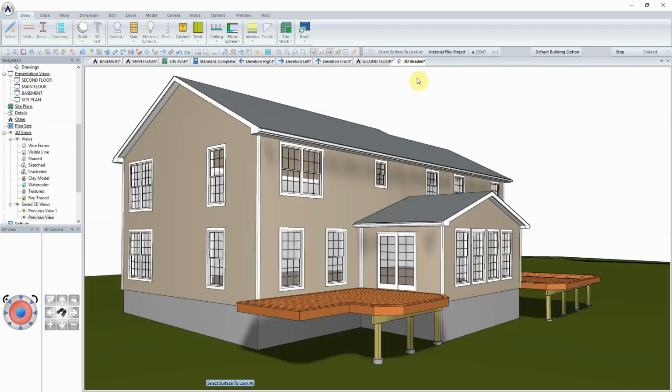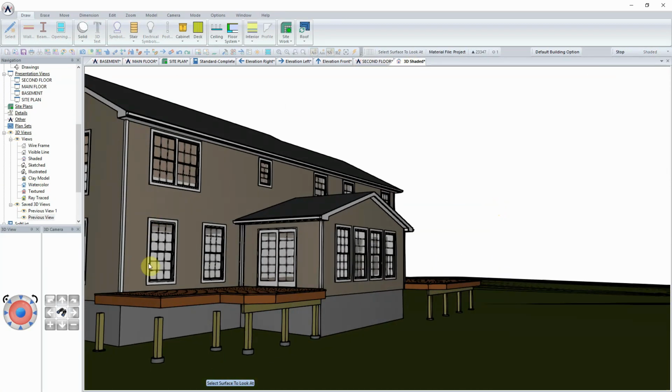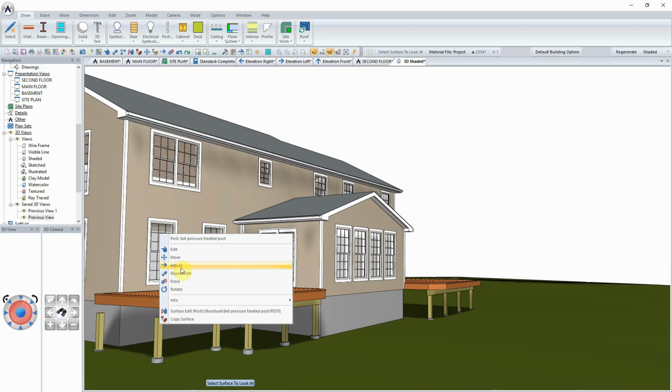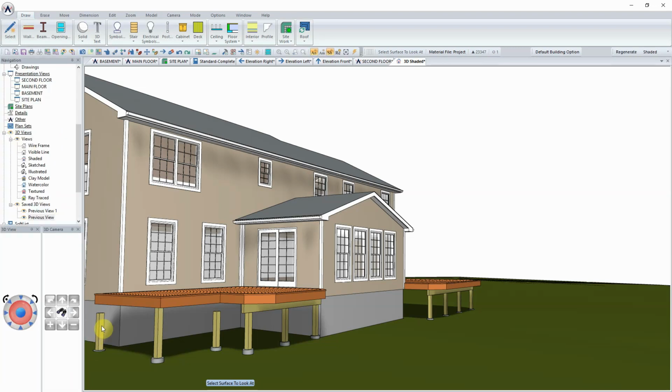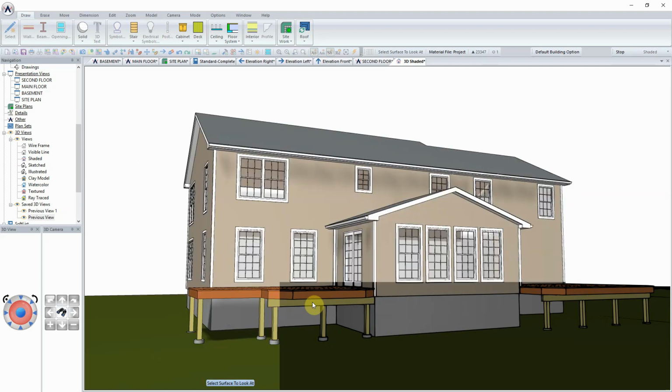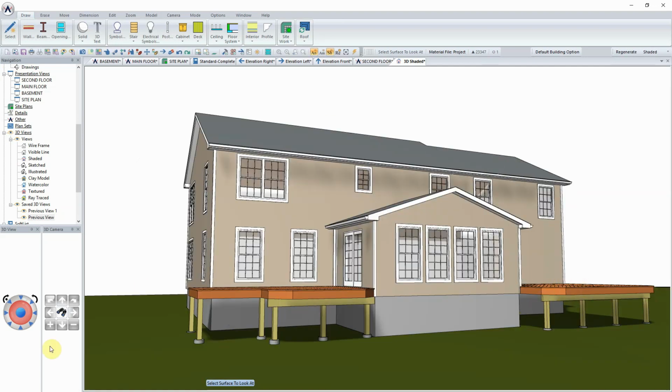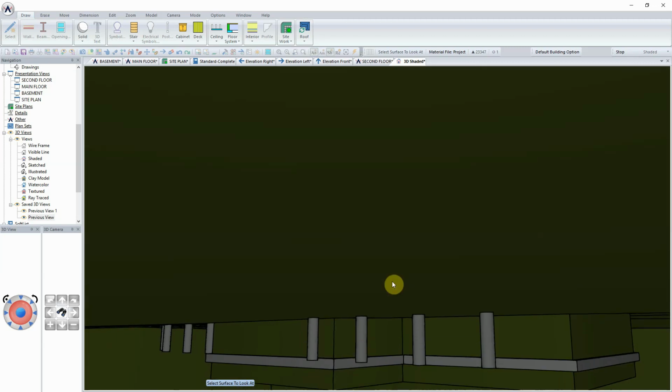And so I won't spend a lot of time doing all of this, but as you can see now, these can simply be edited and adjusted. As far as these fitting to the underside of the beam, I can also come in and edit and change the height of these, and instead of adjust height to fit to beam, we could simply modify these to run them up if you're just fastening the joist to the outside of the beam itself. And so this sets something like that up, and we could do a similar step over here if necessary. Okay,